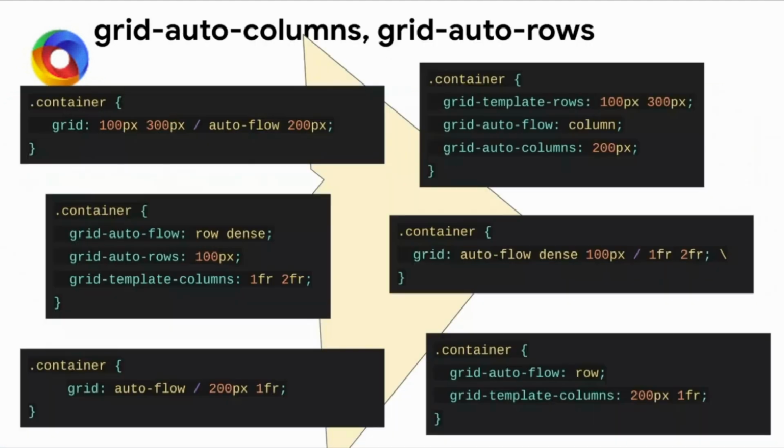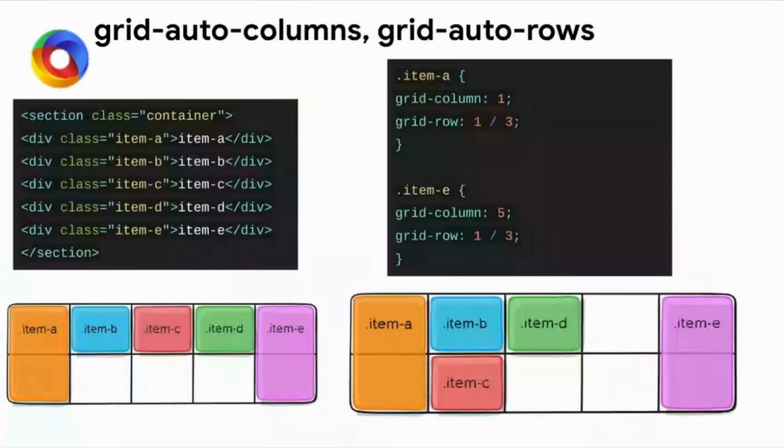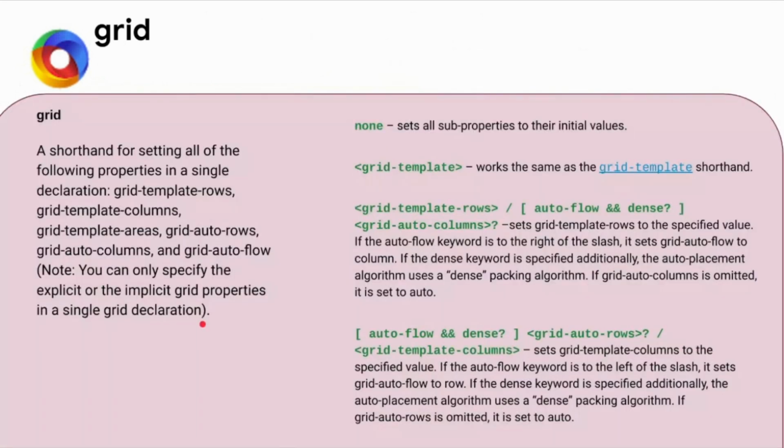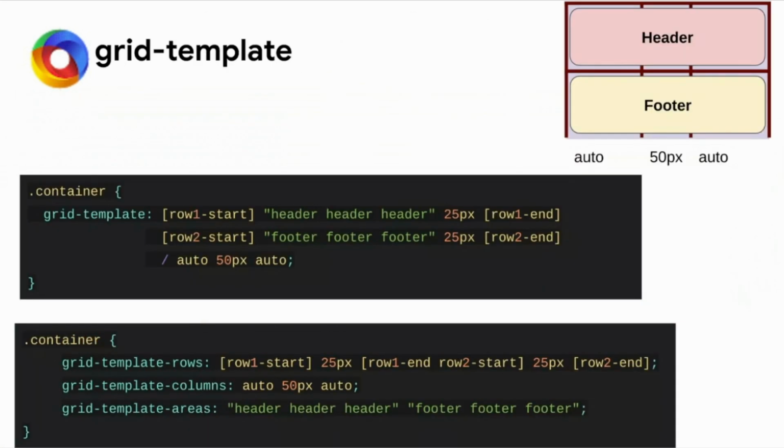So till here, any doubt? That is the grid, the making of the grid. Placing the items would be something like we have seen here, grid column and grid row. This would help in placing the items, but the template columns and auto rows and auto columns would help to create a grid. So I guess grid creation is clear to each one of you, at least the major part. Okay, any other queries?